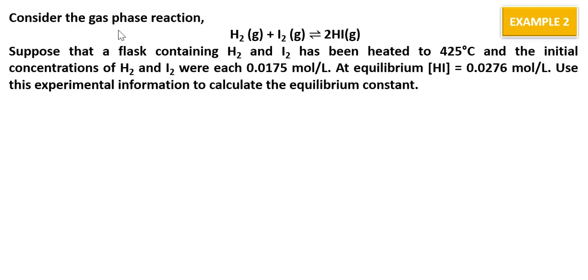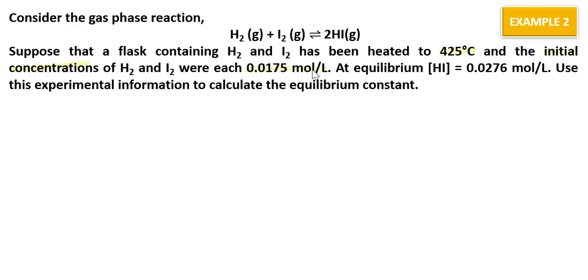Example 2. Consider the gas-phase reaction. We have 1 mole of hydrogen gas reacting with 1 mole of iodine gas in equilibrium with 2 moles of hydrogen iodide gas. Suppose that a flask containing hydrogen and iodine has been heated to 435 degrees Celsius and the initial concentration of hydrogen and iodine is